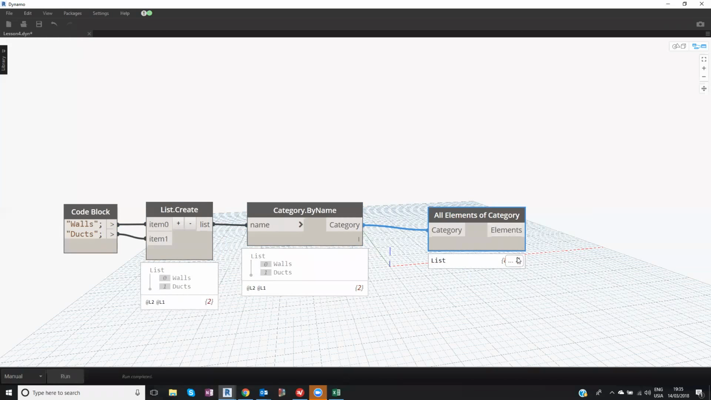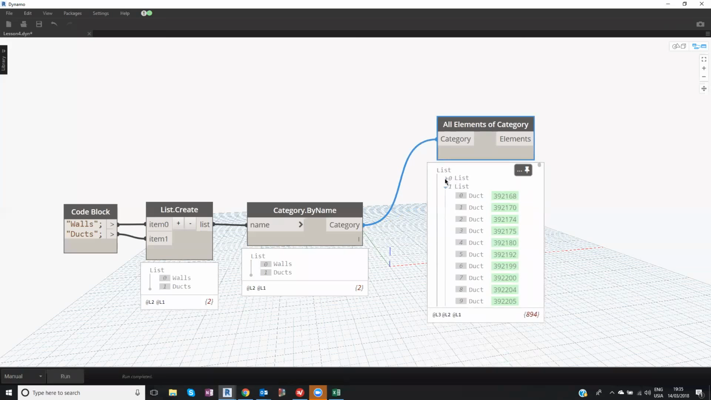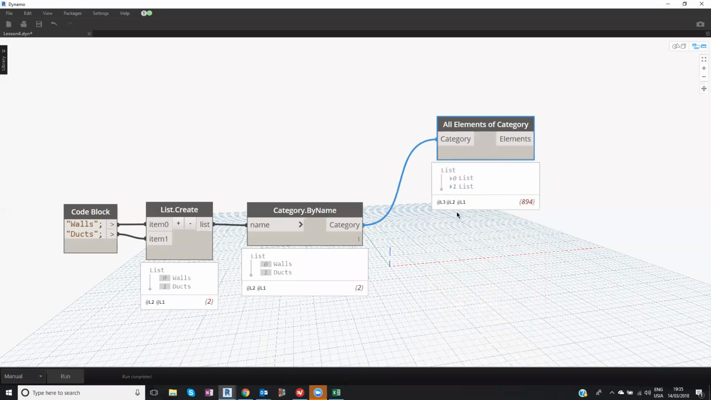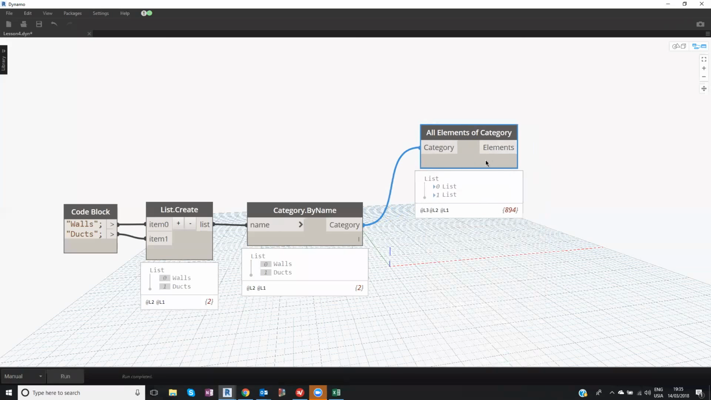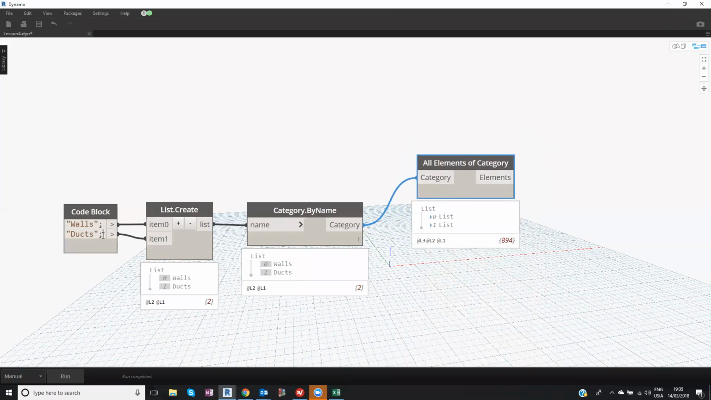And if you click run, you have two lists. The first one is the list of walls, and the second one is the list of ducts. Starting from this, you can select walls and ducts separately, and then you can filter whatever you want. I can add all the things that I want. Cable trays,